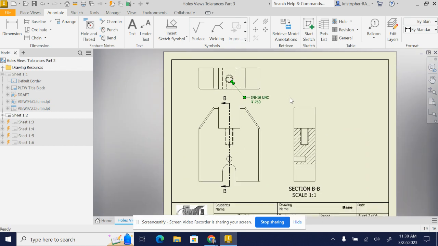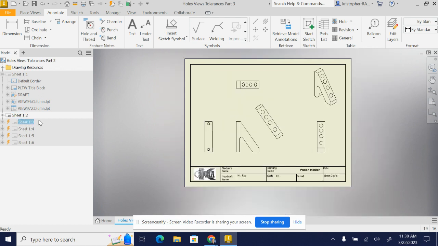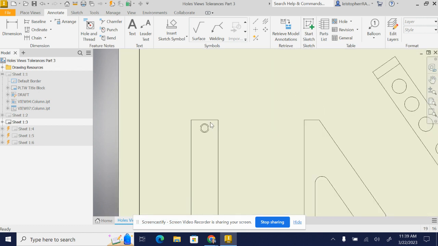All right, so sheet 2 for the base is complete. We're going to go ahead and move on to sheet 3, which is the punch holder. Let's take a look at this view right here. I am going to add a hole note